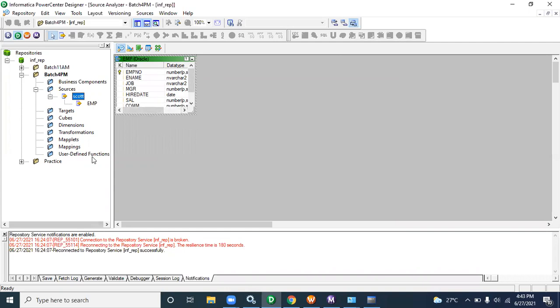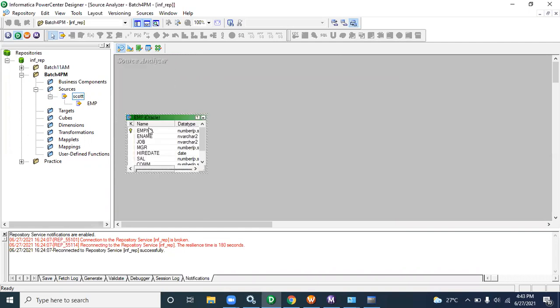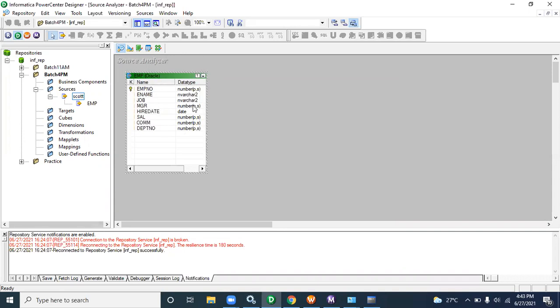In this process you have followed, you get the EMP table in a pictorial format, though you call it a table in tabular format.